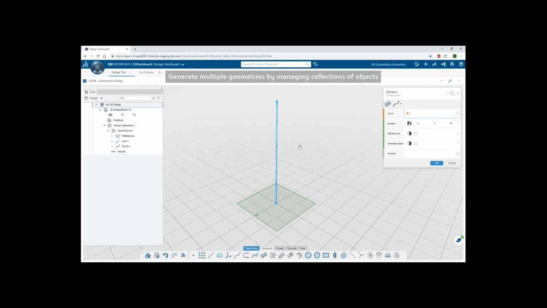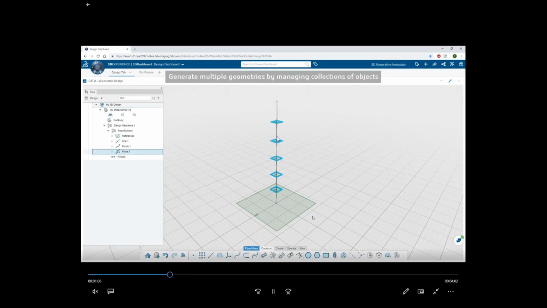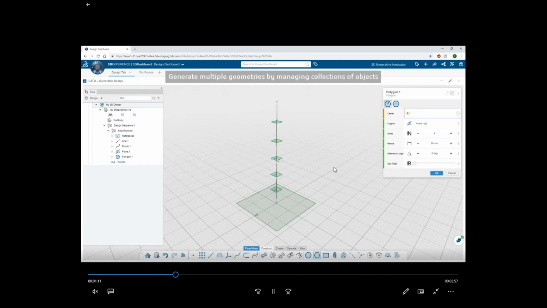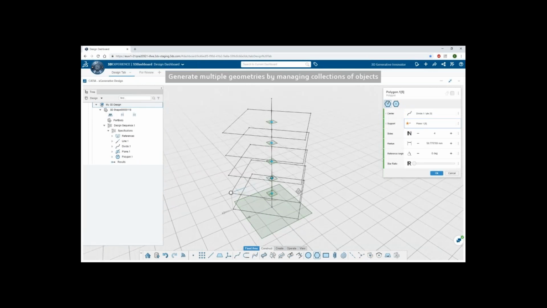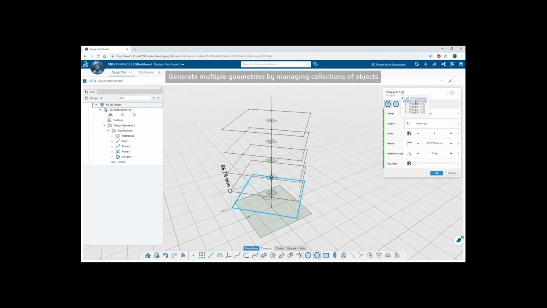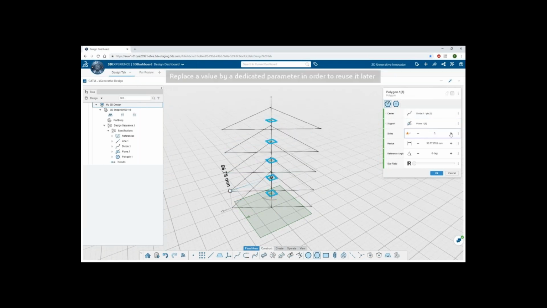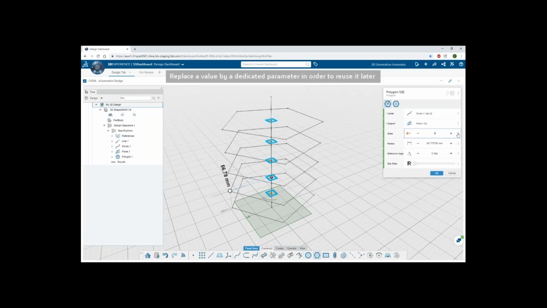If you can see, there is a contextual toolbar which is playing a major role for a new user. Once you click a particular command or any geometry, it is suggesting a toolbar there. So that is the contextual toolbar, which helps the new user. You can define your own polygon shapes, and you can play with the number of sides of the polygon and the radius of that polygon from top to bottom.